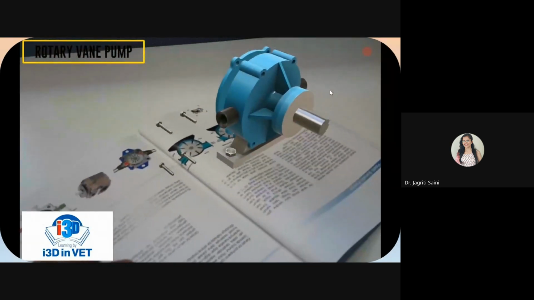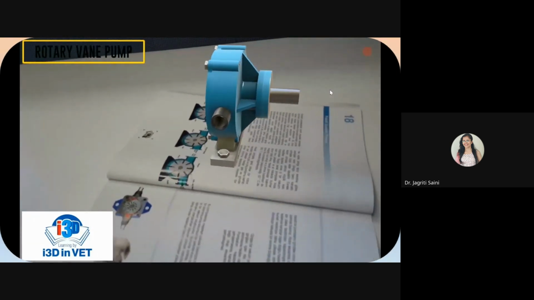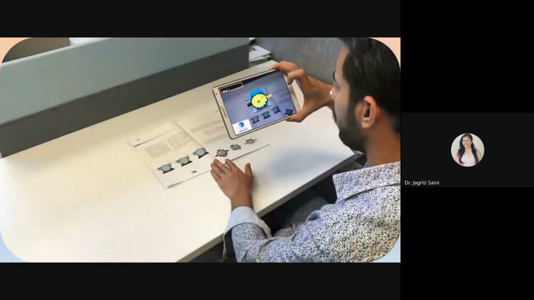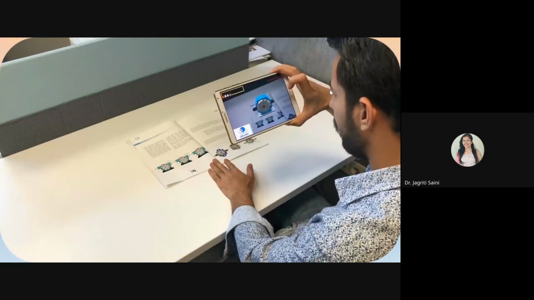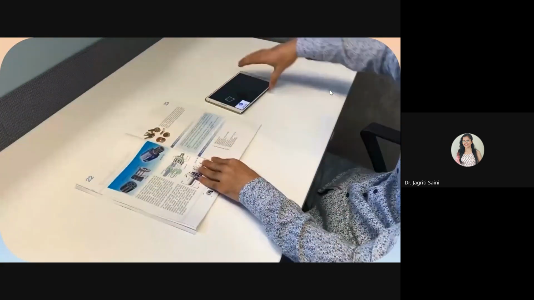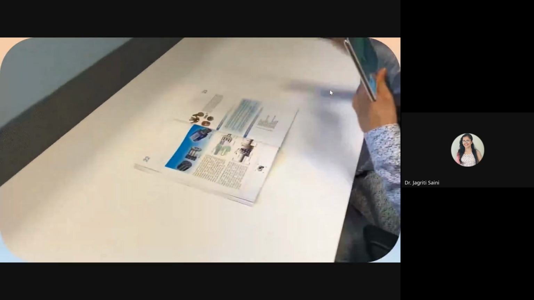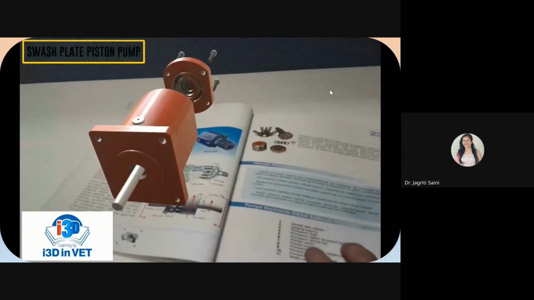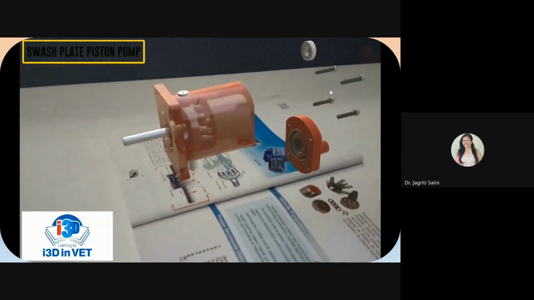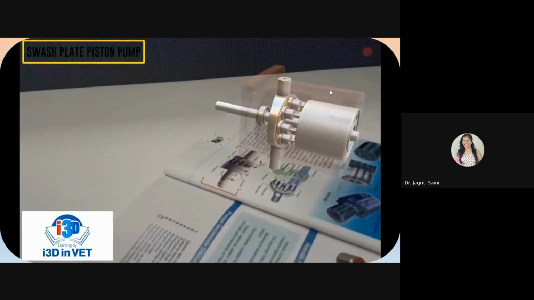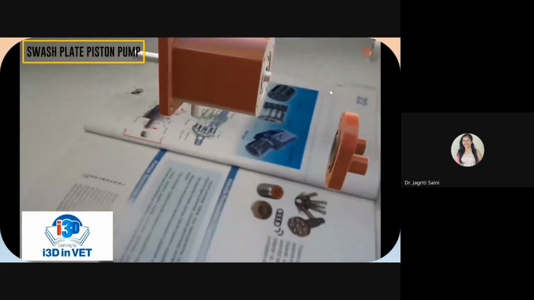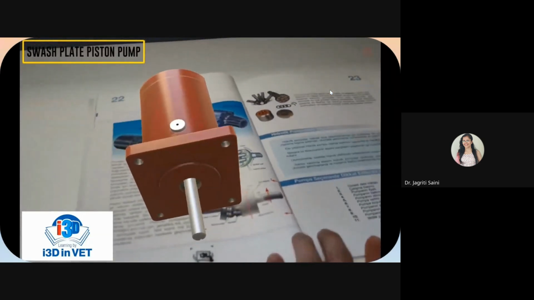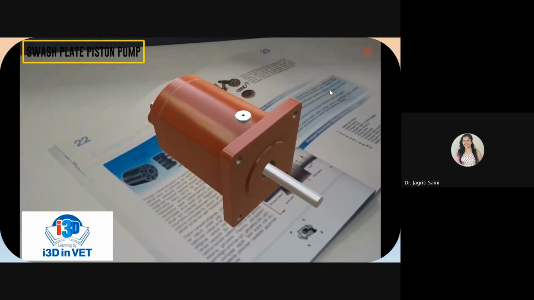As the shaft rotates, the variable length vanes slide in and out to maintain contact with the pump housing. Piston pumps come in many different forms. A swash plate is a device used to translate the motion of a rotating shaft into the reciprocating motion of a piston. Swash plate piston pumps have a rotating shaft connected to a cylinder block containing pistons, which are pressed against a stationary swash plate that sits at an angle to the cylinder.